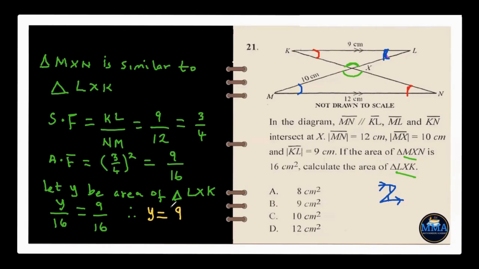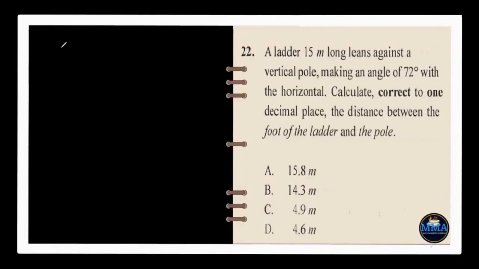If you multiply both sides by 16, you're going to have y to be 9 centimeters square. 9 centimeters square. And that will be the actual area of triangle LSK. And if we go to the options, that gives us option B. We'll mark it. Hoping that you understand it very well, we proceed to question number 22. Question 22 says a ladder 15 meters long leans against a vertical pole, making an angle of